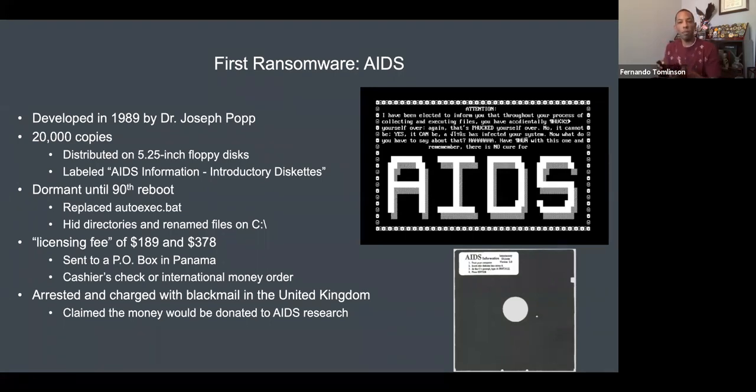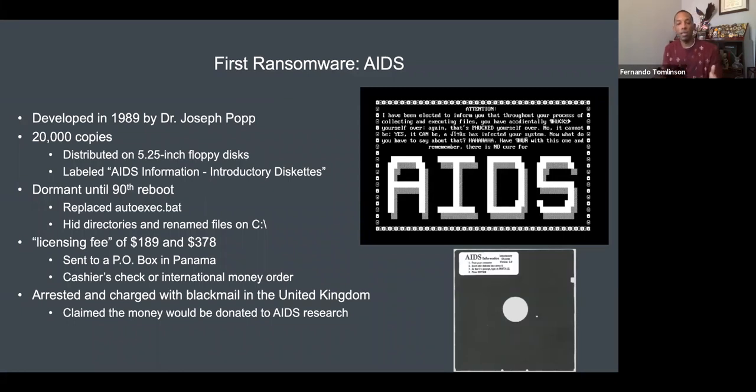And while it's not being used in modern versions of Windows, that's Vista and newer, the autoexec.bat essentially at the time was used for startup programs and trying to depict in which order programs or files were actually located. So how this ransomware worked is it essentially hid the directories and renamed files on the C drive. So that way when the autoexec.bat, you can almost think of it as kind of like an indexer in some respect, couldn't find them. Thus, the ransomware was actually in play.